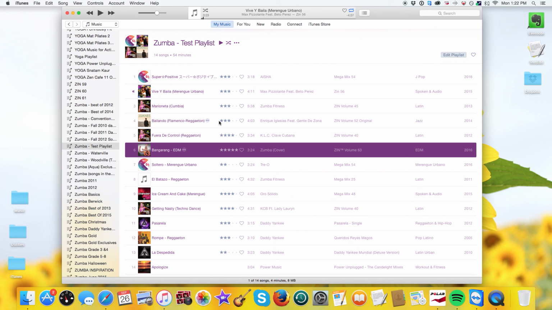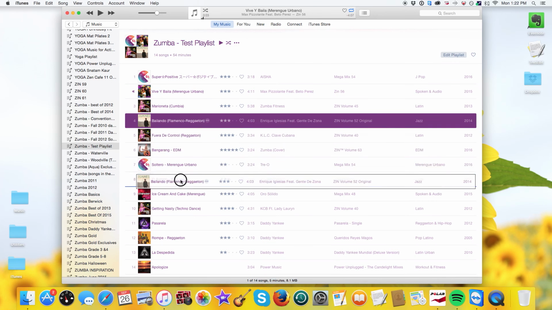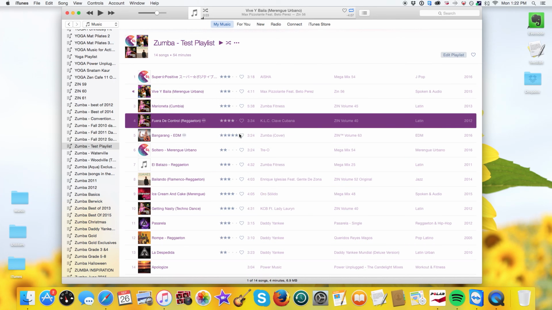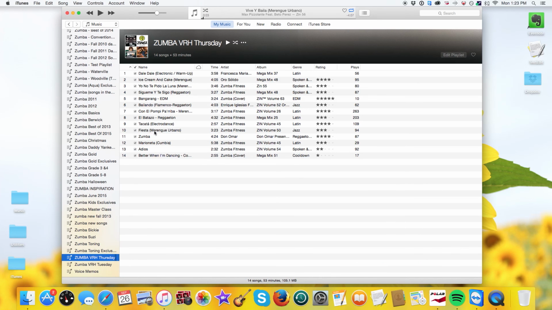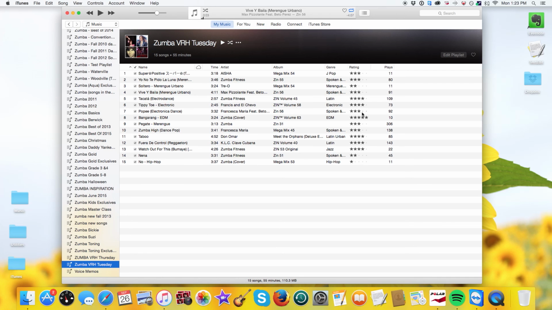I might move this down here so it goes up and then immediately down, and then we start to build up and come back down, and this would technically be a 1. So you can see there's a bit of a wave that goes on. If we look at some of my other ones, let's go down here, and you can see it's showing the older iTunes style for whatever reason. It goes up and down a few different times, and this one's the same thing, but they all sort of follow that same pattern of waves,